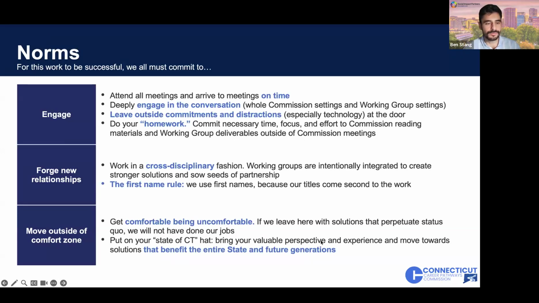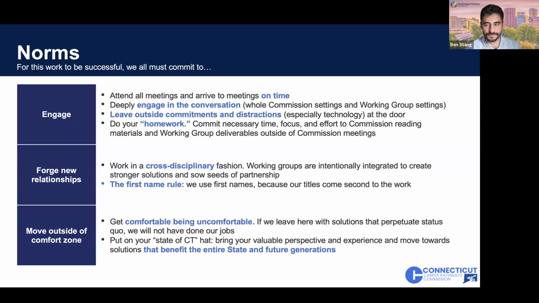I want to really hit home that everyone's here for a reason. This group is cross-disciplinary by design. And I recognize that everyone is coming into this with a different working knowledge of career pathways, myself included. What everyone has here is the expertise and power to influence how young people in the state are